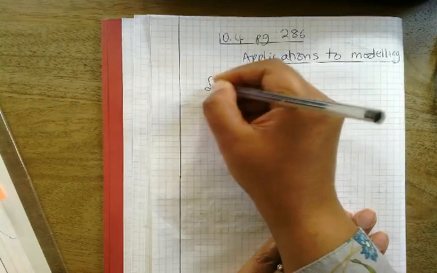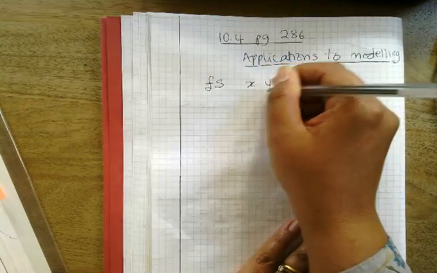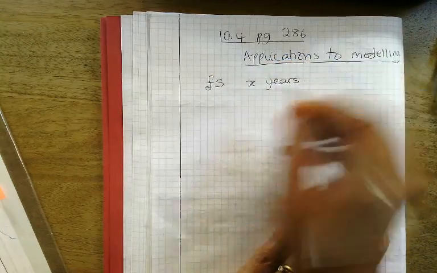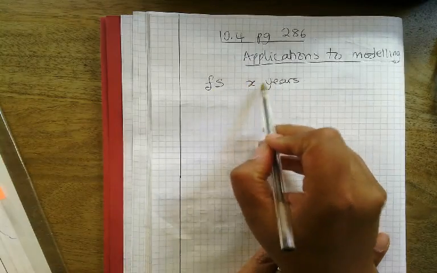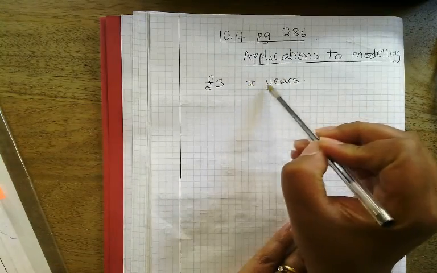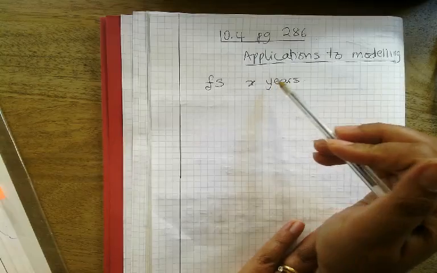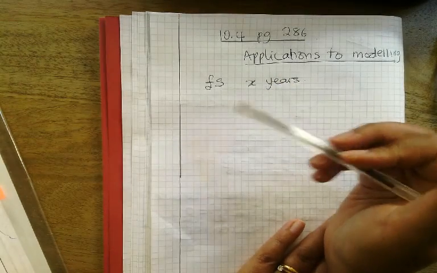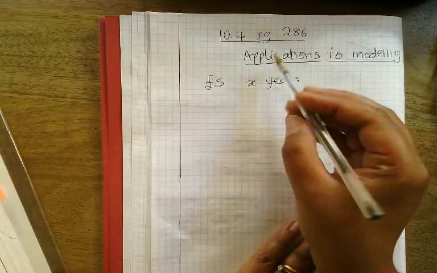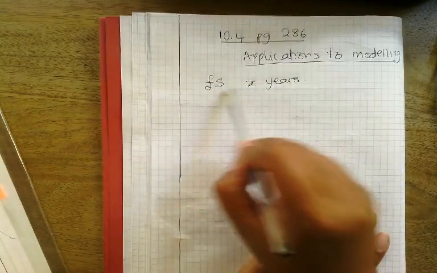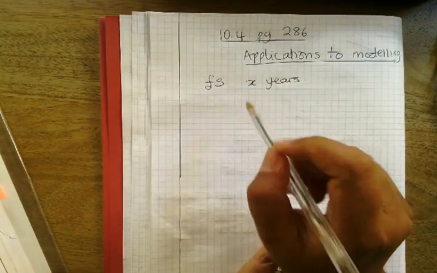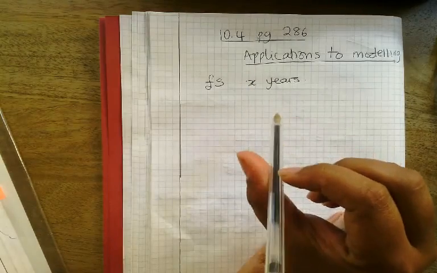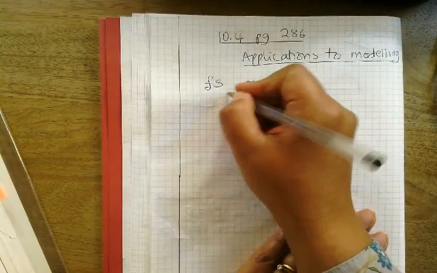So S is in pounds and X is in years. I always find it very useful to write this down because sometimes they catch you out by having the units different to what they have in the question, and then students forget to convert and then they get a wrong answer. So always have the units written here. The price of a car in S pounds, X years after purchase is modeled by the function, and we've got